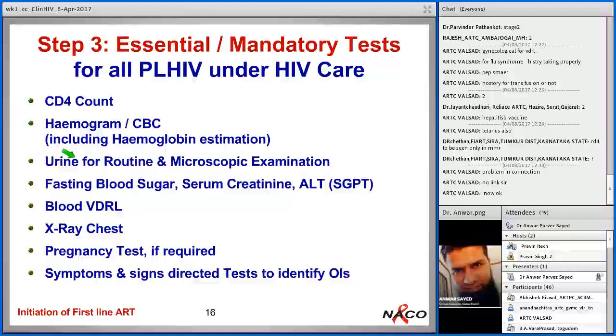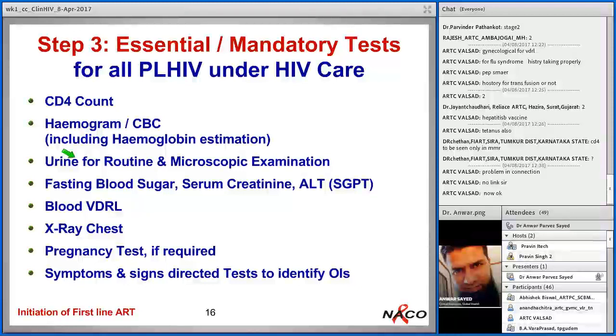Then come investigations. Now, all those pre-ART registrations, I have seen a bad practice, I should say, in some of the centers. Until the patient comes with all investigations, they don't even meet the medical officer. That should never happen. This becomes a reason for loss to follow-up. Imagine yourself going to some hospital where no doctor has touched you, no one has seen you, and you were just advised some investigations and then asked to come back after results. Will you be interested in going to that hospital or clinic later?